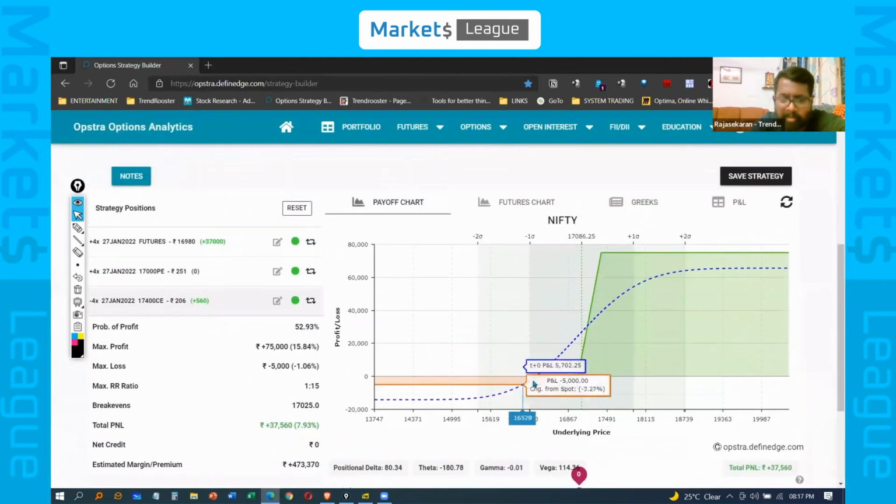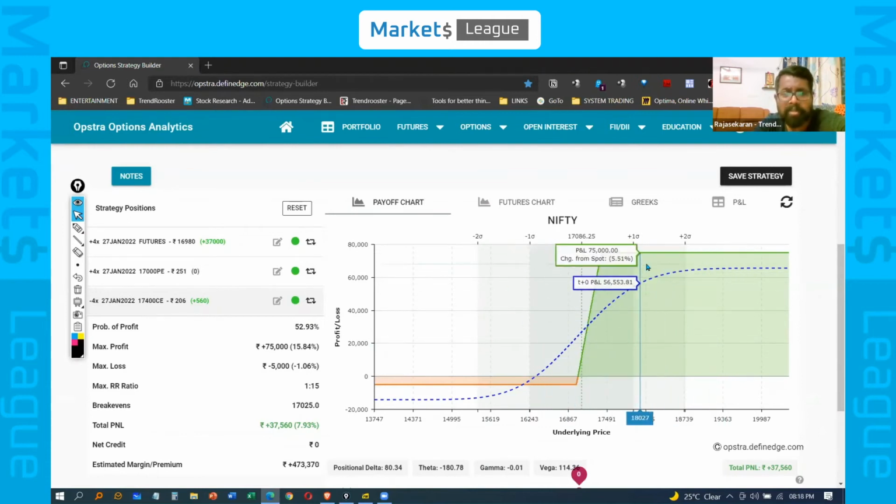If you see, it's a bare minimum loss, or if you collected the premium, this is a kind of zero cost collar, which means I don't have much loss. If the market goes down, I have already locked in the profit, and I have higher potential if the market moves up. Is that clear, guys? So basically, the zero cost collar means you are already in a profit. With that profit, you want to buy the put option and then offset the price with the short call option. Is it clear so far?